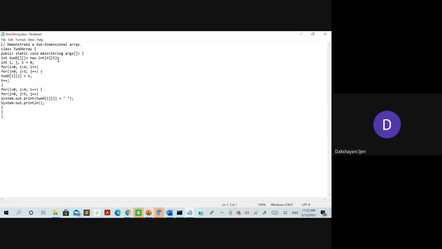Suppose you want to store it manually: how many values can you store if it is a 4 cross 5 matrix? You can store 20 values in it, and you would need to take them separately if you store them manually, like int of 0 1, 0 2, 0 3, like this.